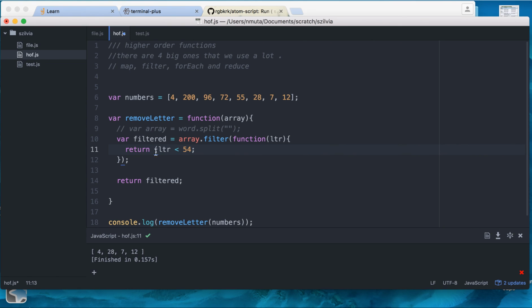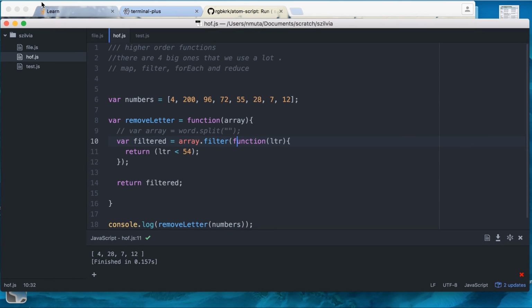So whatever you return in a filter is actually the piece that's going to be kept. You know, this is a true/false test. Okay. So if each thing that we're iterating on is less than 54, it keeps it in the array. Okay, so that's how filter works. So let me